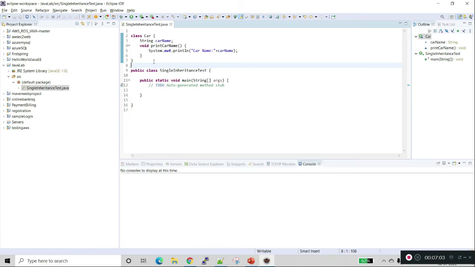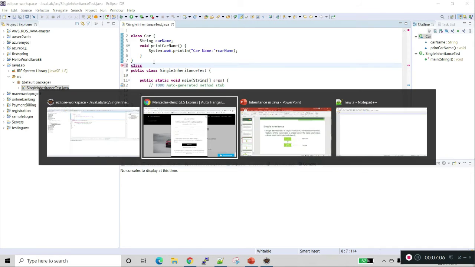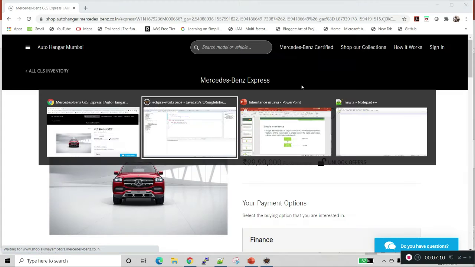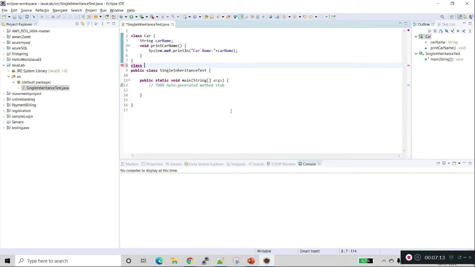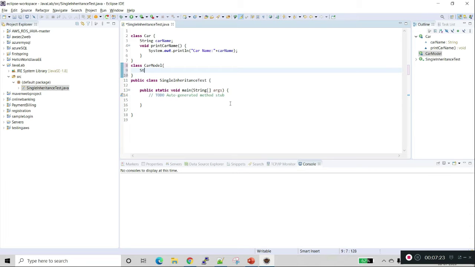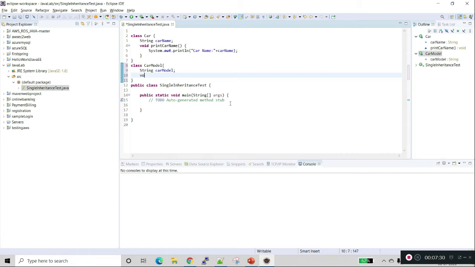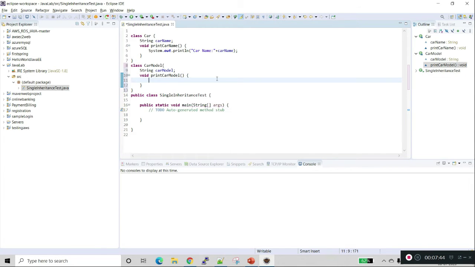I'm creating a class car model with a void method print car model, which prints the car model.